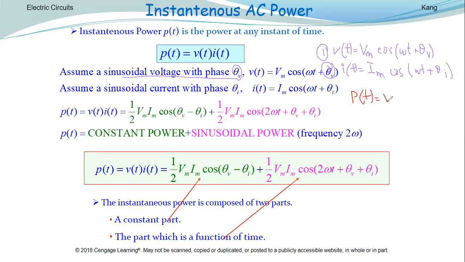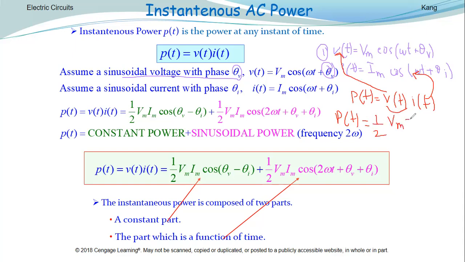Now, as we deal with the instantaneous power, we know that the power at any instant equals the voltage multiplied by the current at that time. The value of v(t) is as in equation number 1, and the value of i(t) is the second one. So my p(t) equals, this will be the final equation,